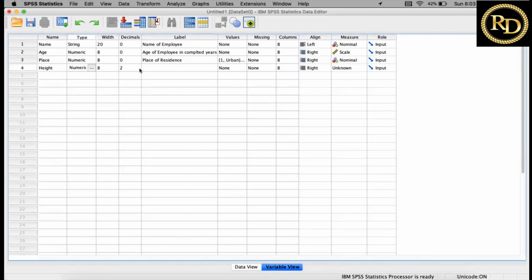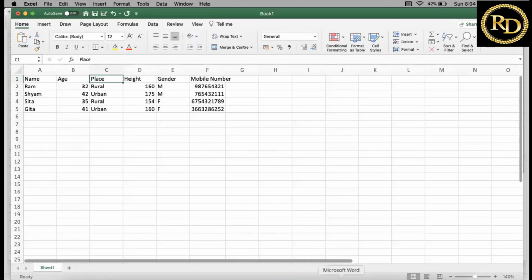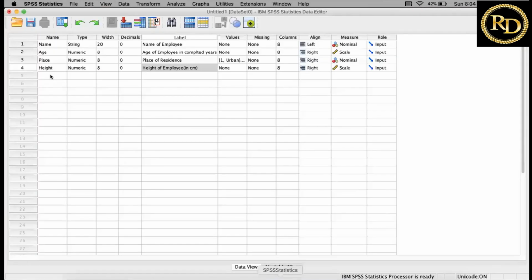Here you can type height of employee. Values will be none, and this is your scale variable. Here you can type the height of the employee, here in brackets you can put centimeter. And then what is the next value? Next value is the gender. So again, here you can type